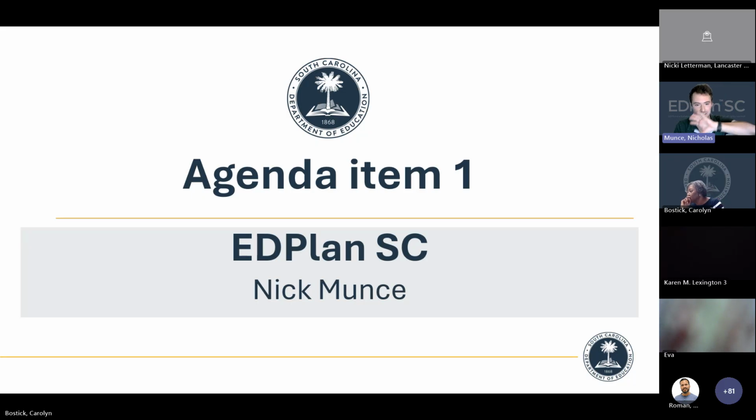Then EdPlan SC will see that date being in the end of school year 24-25 rather than the beginning of school year 25-26, and the report will pick up that change. One of the big issues we've seen is those exit dates that might have strayed across July 1st, 2025. If they were last year's exits, they need to be moved back manually.